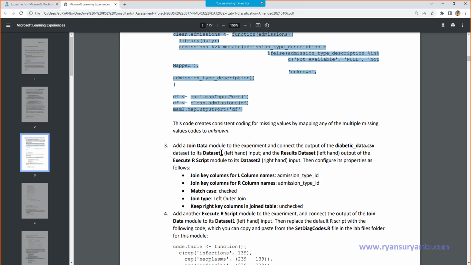And then add Join Data, and join with the admission type ID, match case checked, and then left outer, keep right key columns in a joined table unchecked. So let's do that.